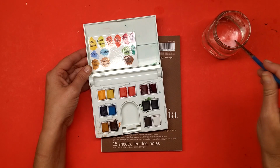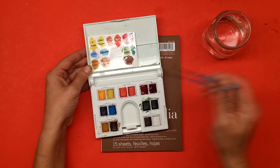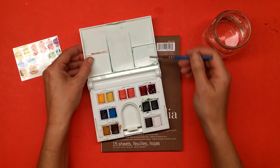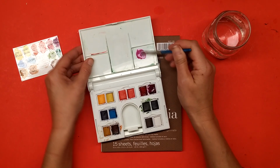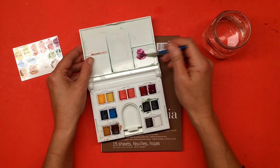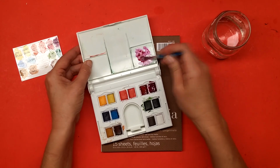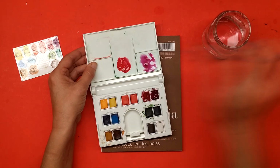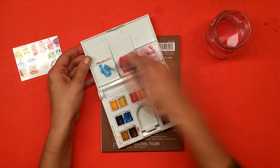So what I'm doing first, I'm just going to get all of my paints wet. So I'm adding water directly onto my pan paints here just to sop them up and get them nice and juicy so I can work with them. And then I'm going to pull a little bit of each color up here onto the mixing section of my tray. I'm actually not going to mix the colors on the tray though. I'm just going to get them wet and make them really, really runny so that there's lots of water on my paper while I'm working. So I'm getting all three of my colors ready here, getting them wet and getting lots of water added into